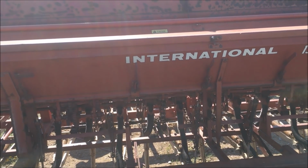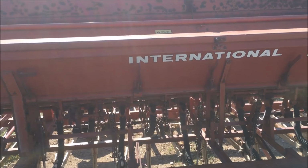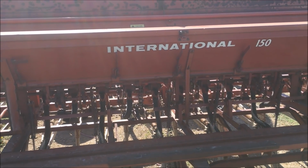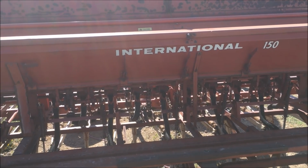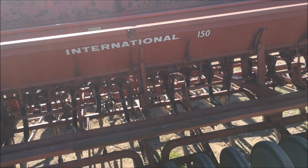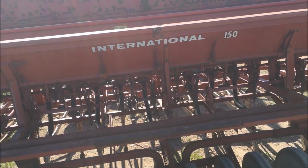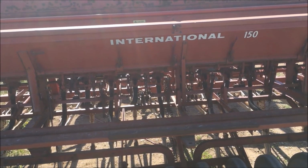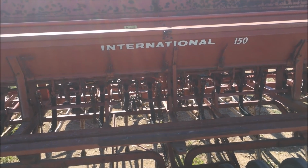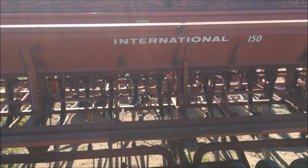So it's an International 150. I've got this one, and then we've got a set that's been put together that's 28 feet because it's two 14 foots. But it has a nice heavy hitch. But I'm gonna plant some grass, and a disc drill would be way better, but I don't have a disc drill. So hoe drill is what I'm going to use. So I'm going to plant a little 10 acre